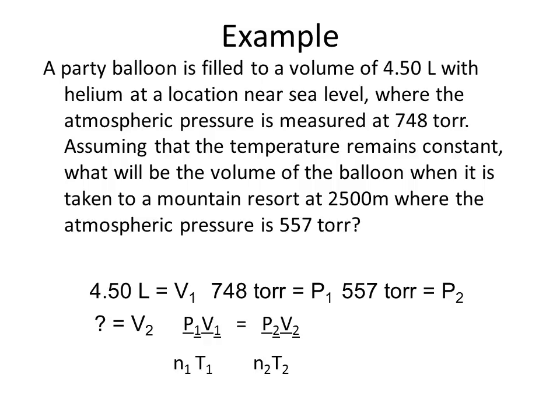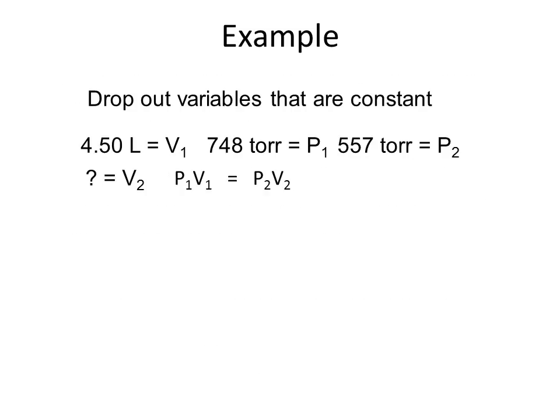Well, if I look at this balloon, I'm taking it from a location near sea level to a mountain resort, and it doesn't say anything's being lost or gained by the balloon, so I can safely assume that the number of moles is staying the same. Likewise, it says assuming that the temperature remains constant. Well, that means that my temperature is staying constant and it will drop out of the equation. So both n and T drop out of the equation, and it simplifies to this: P1 V1 equals P2